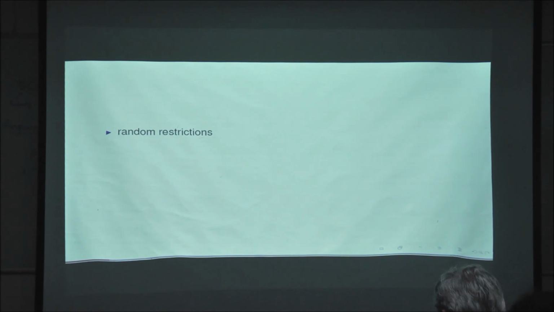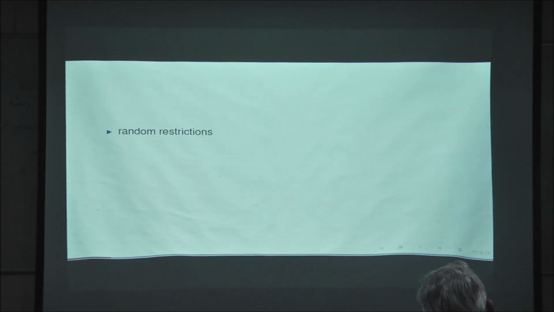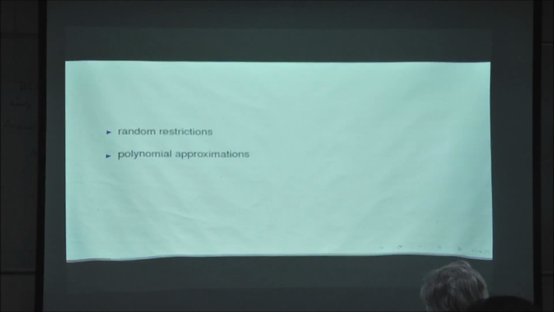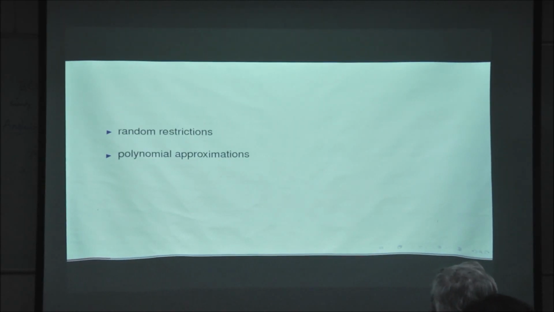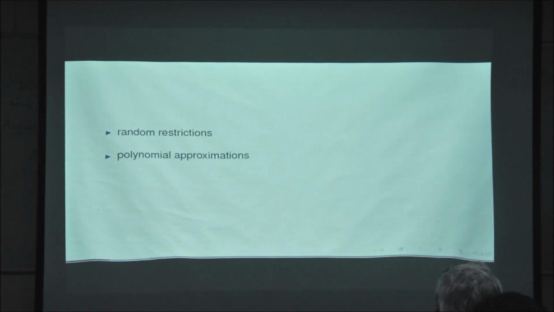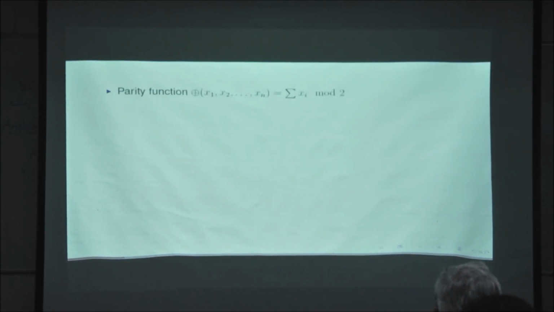So that's a great way of analyzing AC0 circuits, and showing, for example, that the parity function, the sum of n bits modulo 2, does not have small AC0 circuits. Okay, but that's not the focus of this talk. Another way of analyzing AC0 circuits, something we saw in the tutorial part of it, is polynomial approximation. This is what this talk is going to be about. Alright, good. So, what are polynomial approximations?